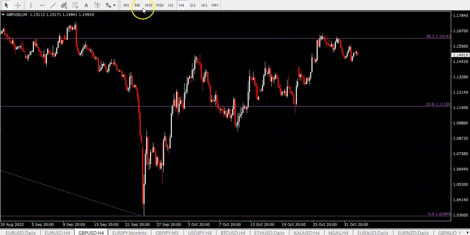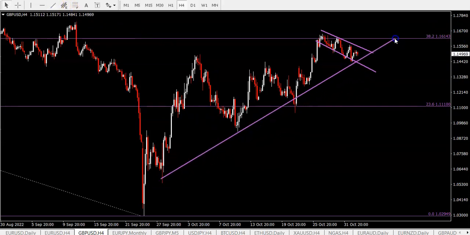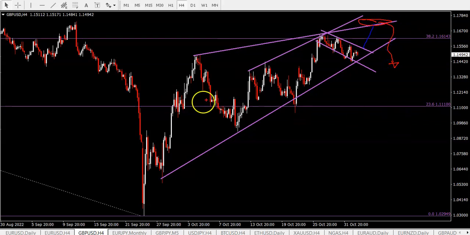Because there is some kind of bull flag pattern, I don't think it is a bull flag pattern, because I think the 38.2 fib resistance is a little bit too tough for price to break above. But if it were to do that, then I wouldn't be surprised to see some kind of rising wedge pattern play out here. And if it does break above that bull flag, I think it's going to be capped quite quickly at 117.50 and find resistance there, and then move to the downside in this rising wedge pattern.